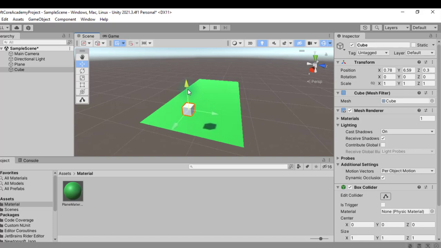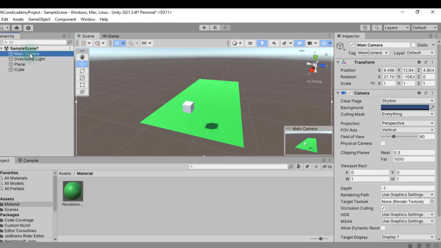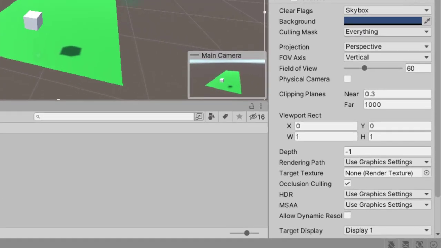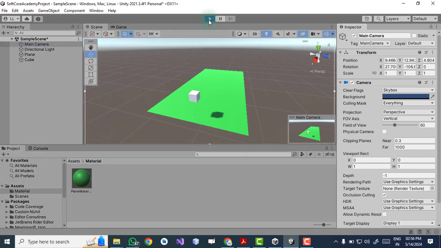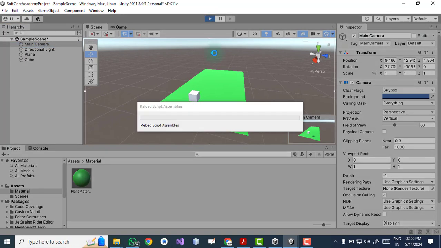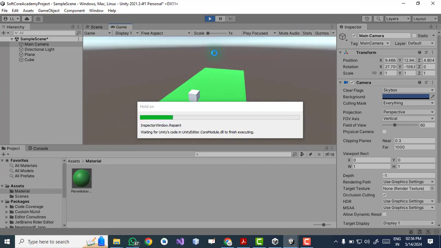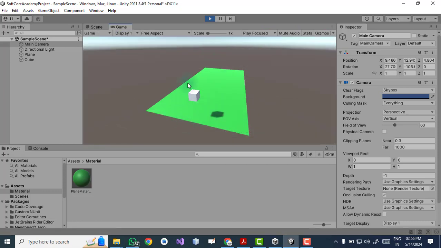You can move the object in all three directions, and then again check the position of this object in the main camera. So now it is visible. Just click on the play button. It will launch the game and it will execute the code. As we can see here, this game object cube, which is my player, right?